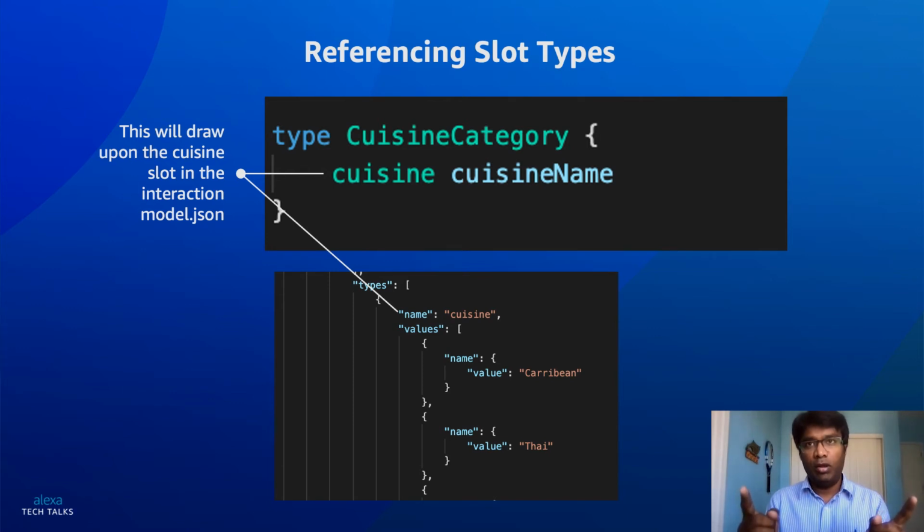By referencing a slot from the interaction model onto a type, you interconnect them, and they are automatically linked at runtime, and the conversations will figure out that this custom type refers to this slot type. So AC conversations gives you that flexibility, and this is where the interaction model and your custom types can be hybrid and mixed together to have even more benefits.